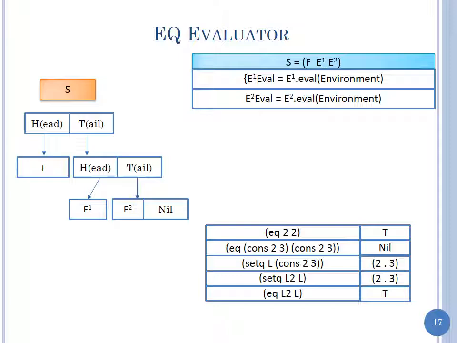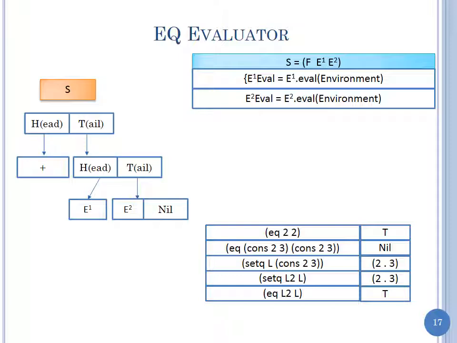Wait, so EQ cons 2, 3, cons 2, 3 is returning nil because we're saying they don't reference the same instance? Yeah, they don't reference the same instance. In this implementation, which happens to be CLisp, not Andrew's implementation. So even in Andrew's implementation, I'm saying Andrew is one TA, working only a finite number of hours, so he could have been lazy. We could, in principle, have taken some popular conses that people have done and created a table,